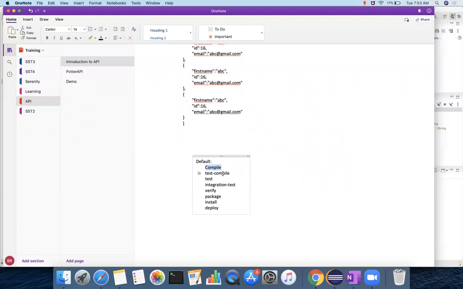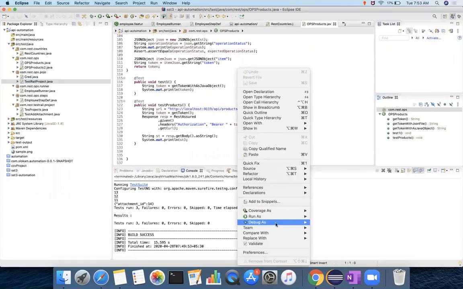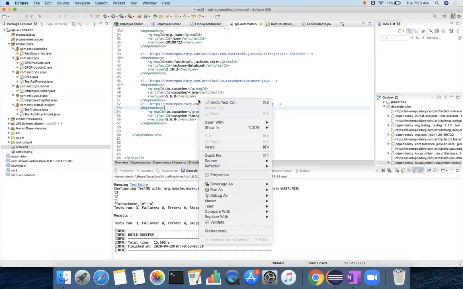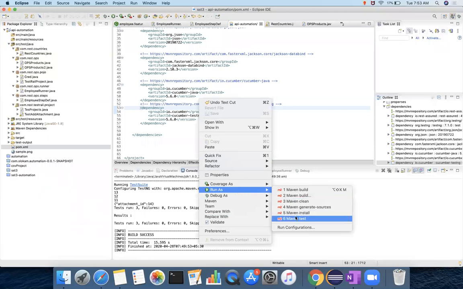The test case will be executed. So that's what happened here when I run mvn test. How did I execute? Right click, run as mvn test. When I execute mvn test, it is part of your Maven lifecycle. It compiles, test compiles, and runs the test cases. Okay, that's what happened here.